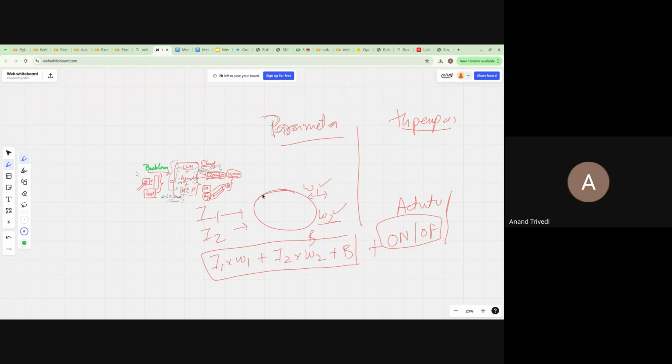We can change that, because the number of inputs you keep, you can increase this equation: I1, W1, I2, W2, and so on. We can control that, but ideally people don't do it.